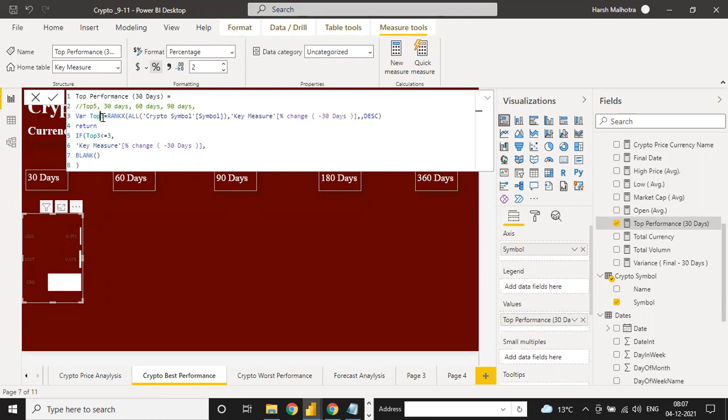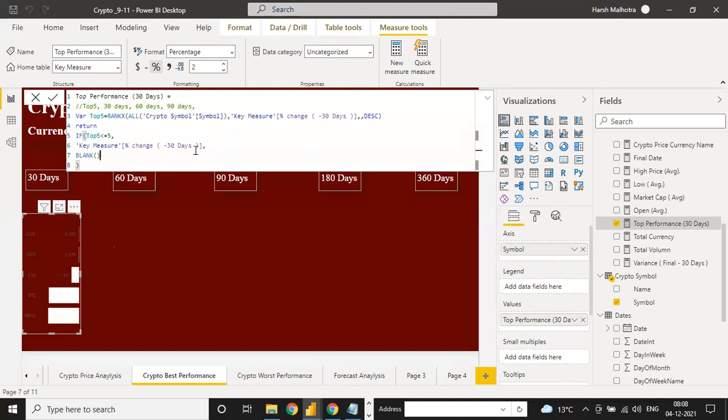Suppose instead of top 3, I click here and put top 5 and press enter. This means this value is given into here, we need top 5 currency wise. Sorry, here I put a 3, so you have also changed it into 5, and now see, you have 5 currency wise. Everything is changed in just one go. So you have to write it just one go, what is your top performance currency wise, and you can change all the values together.